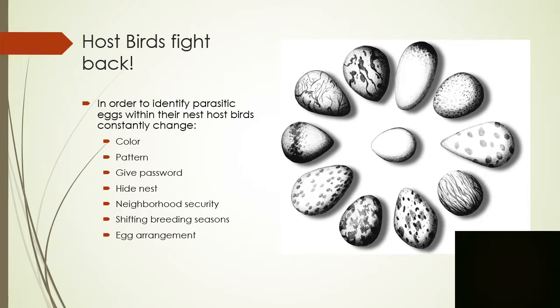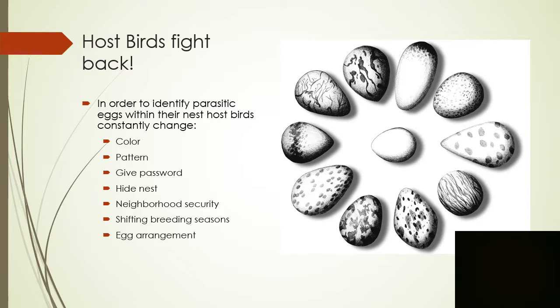Another common one would be hiding your nest from the cuckoos and cowbirds, which would be out of reach areas that cuckoos or cowbirds couldn't reach because of how big they are. And another way is neighborhood security, which is where neighbor warblers would alert each other that there's a cuckoo nearby, so that they will guard their own nest tightly to make sure that parasitic birds wouldn't come and lay their